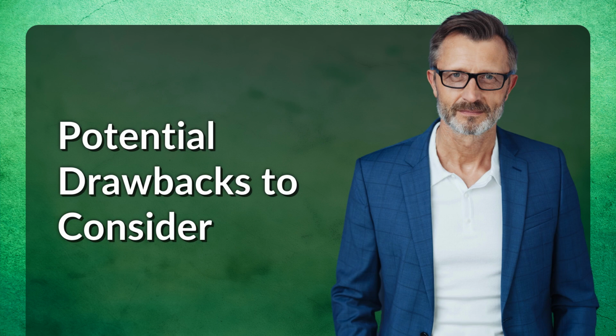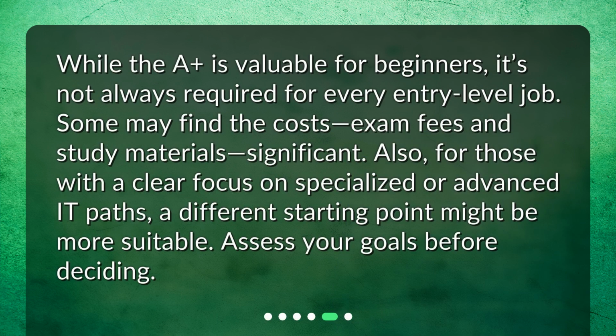Potential drawbacks to consider. While the A+ is valuable for beginners, it's not always required for every entry-level job. Some may find the costs, exam fees, and study materials significant. Also, for those with a clear focus on specialized or advanced IT paths, a different starting point might be more suitable. Assess your goals before